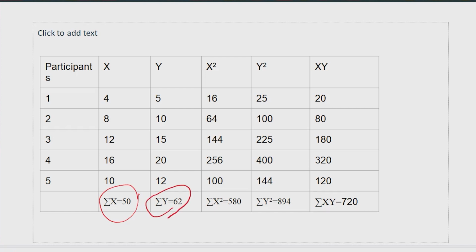Then I also sum the x square values which comes out to be 580. Then I square the y values and calculate it, add it, the value is 894. Just cross check it, do it yourself. Then I also calculate x into y and again sum it to find the value to be 720. So just try doing it yourself, don't go by the values which I have given, please calculate it yourself through